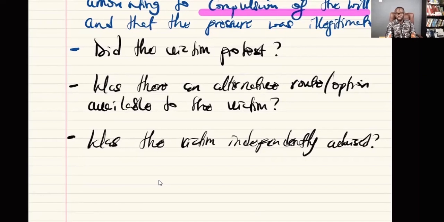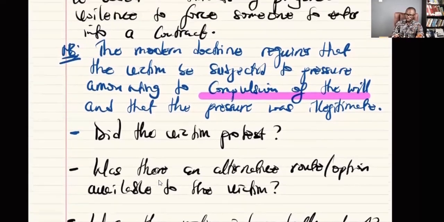So if you take it to court, you have to prove I was pressured. You have to prove I had no other option. You have to prove that I was advised by somebody that this is the only option I have available. If you can prove, then the court will be on your side. But if you cannot prove that you protested, and you cannot prove that you had alternative routes and decided not to exercise them, then definitely you can't do anything about it. That is the idea about duress.